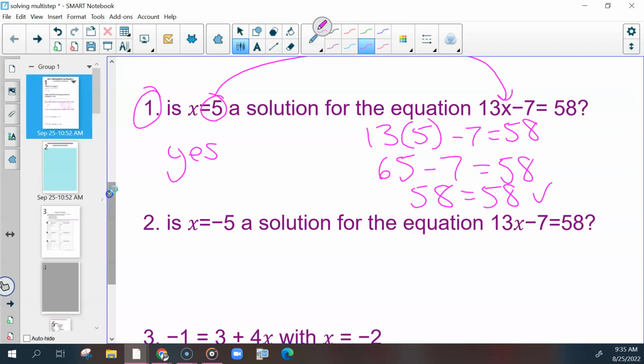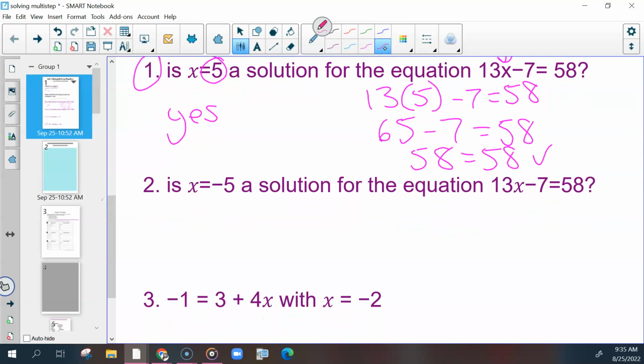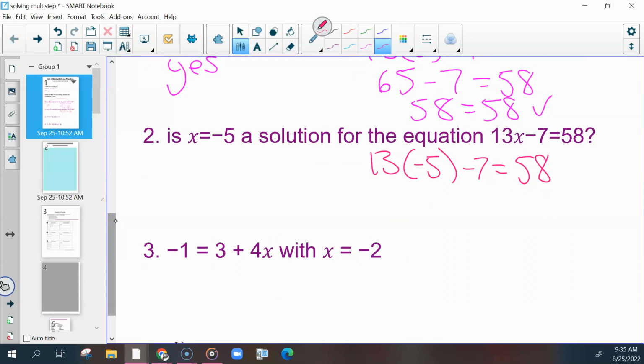Now, this is the same exact equation for number 2, but now we have a -5, so we can probably already assume that this is not going to work, but we're going to check it anyway. We're going to do the exact same thing. Put -5 in and see what we get. So this would give us -65. And -65 minus 7 would give us